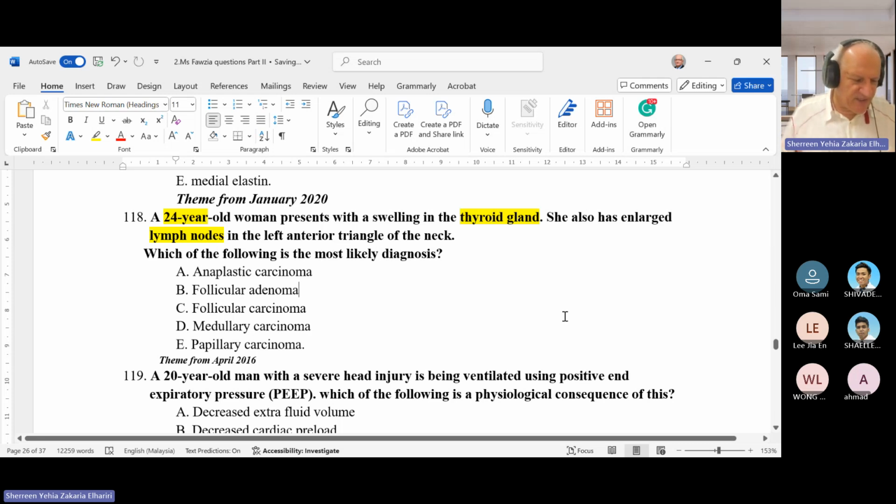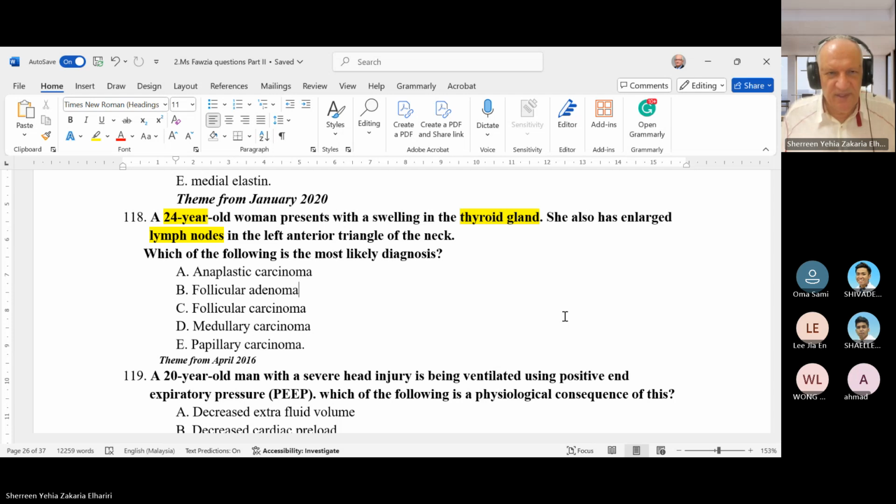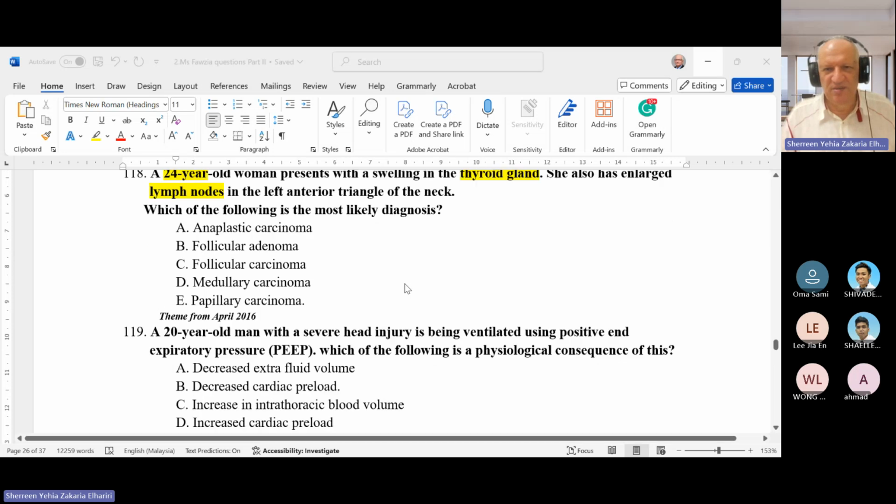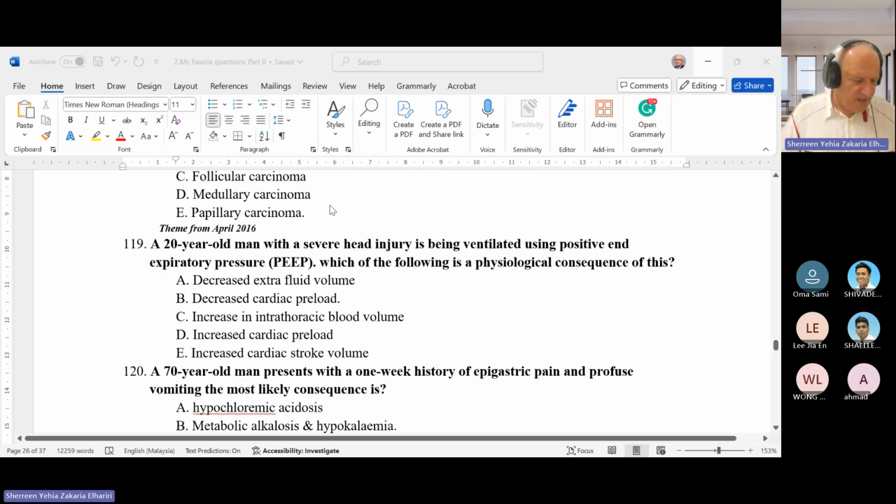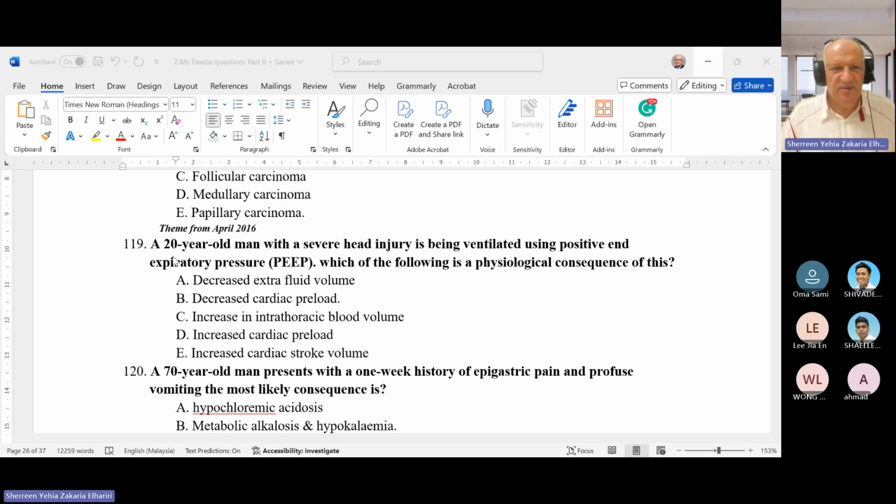Which cancer occurs in young first? 20. Papillary cancer. Papillary thyroid carcinoma occurs in young people, diagnosed or characterized by lymph node involvement. Of course, under the microscope, we have the famous Orphan Annie cell, which is an empty cell, and Psammoma body, which is macrocalcification. Okay. Next question is a 20 years old man with severe head injury being ventilated using positive end